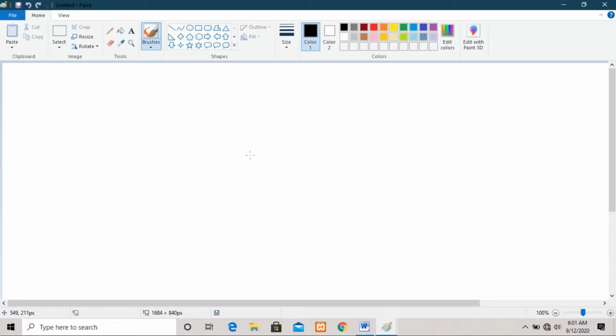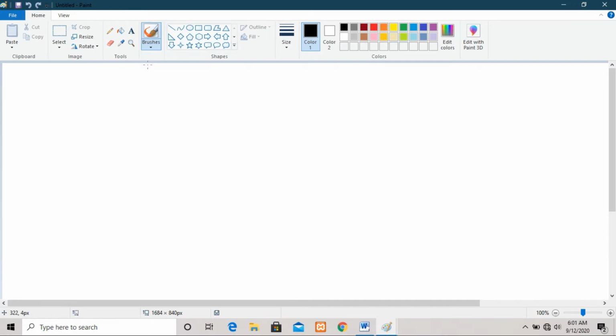Okay, so let me start working in Paint. We will start by making a drawing with the help of the brush tool. We have a lot of tools in MS Paint, and they help us draw a picture. So I first use this brush tool to draw something. Once you click on the brush drop-down button, there are a lot of brushes. You can choose any one which you like. By default, the first brush tool has been selected.